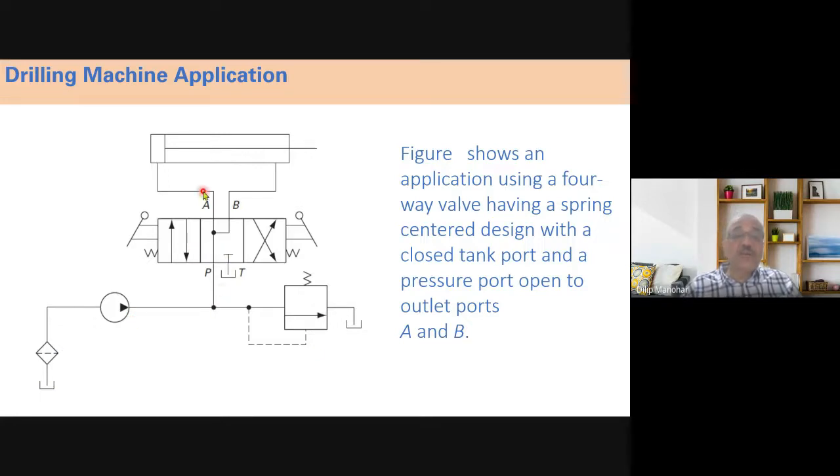So you need to now identify yourself the strainer, tank, pump, and connection points for the direction control valve: P, T, A, B. A is connected to the cap end, B is connected to the rod end, and these are the levers for manual actuation. It is a spring-centered valve. So let us see what actually it is trying to do.